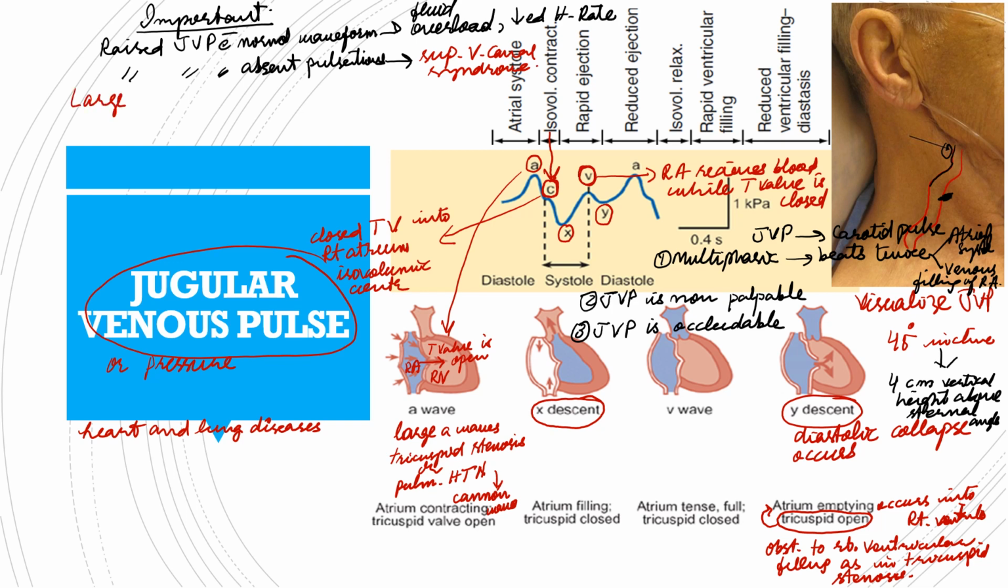Large A wave indicates tricuspid stenosis, right heart failure, pulmonary stenosis. Stenosis means narrowing or occlusion. Then large A wave means